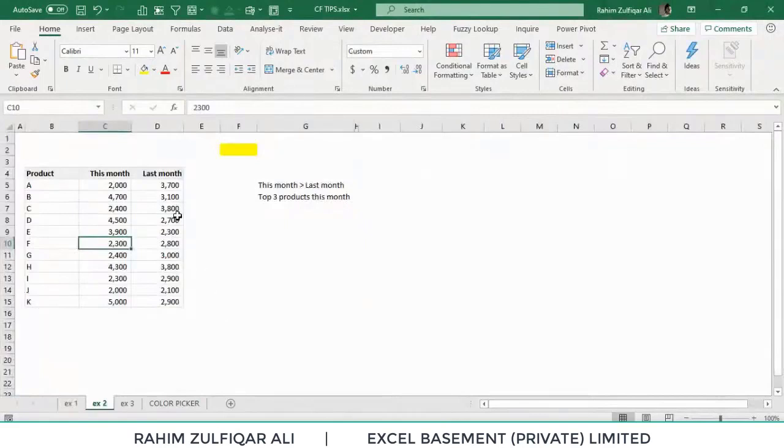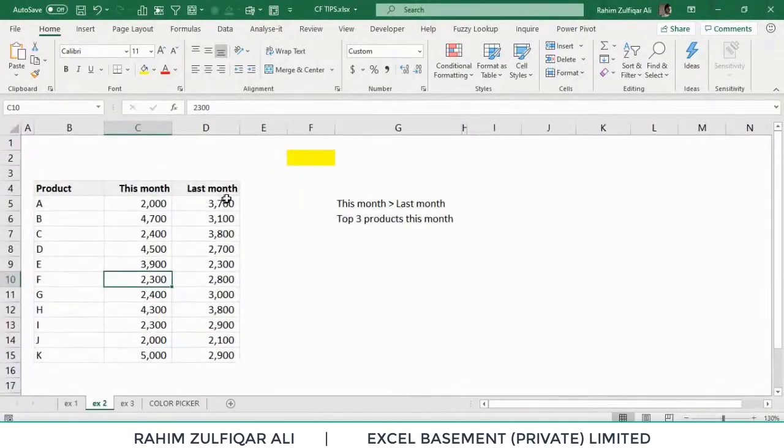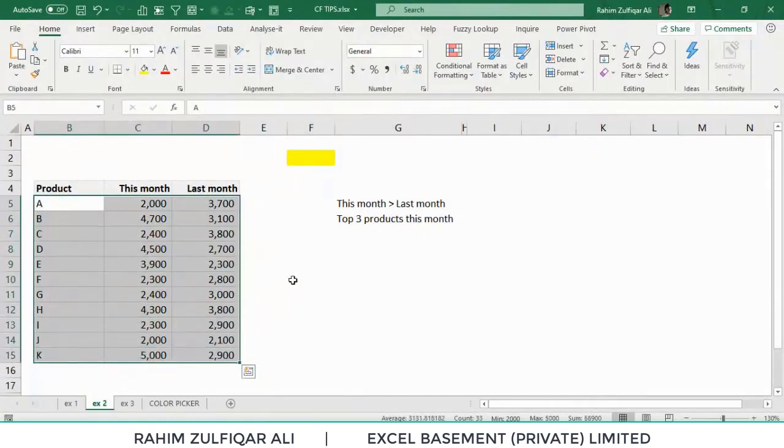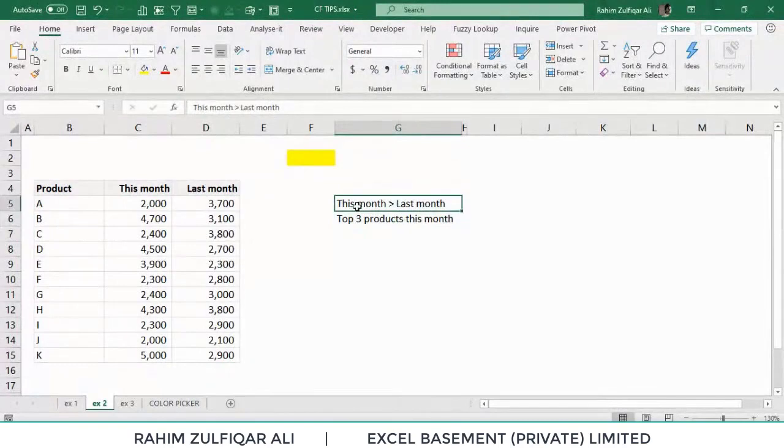Example number 2. For example, you are creating an Excel dashboard and you want to apply multiple conditional formatting situations to only one data set. So how are we going to do it? On this single data set, we want to apply two situations working one at a time. I will tell you one awesome technique and you will learn it very quickly if you are an intermediate Excel user.